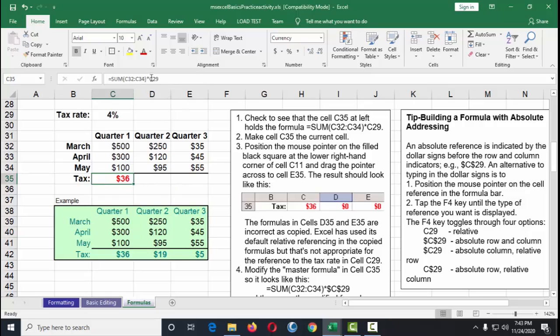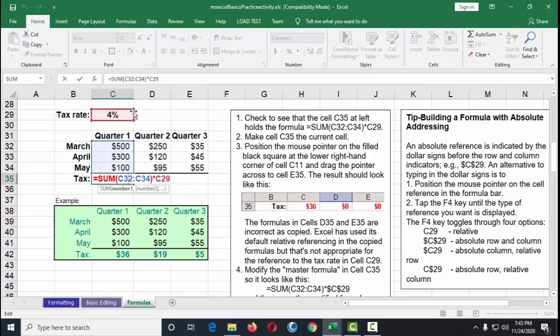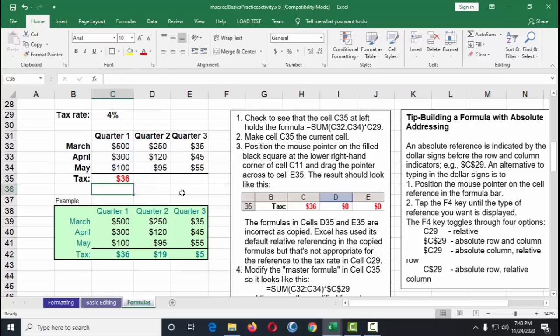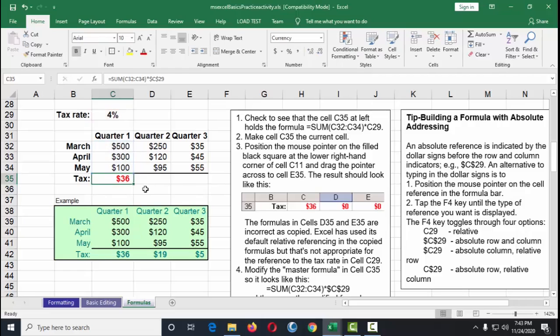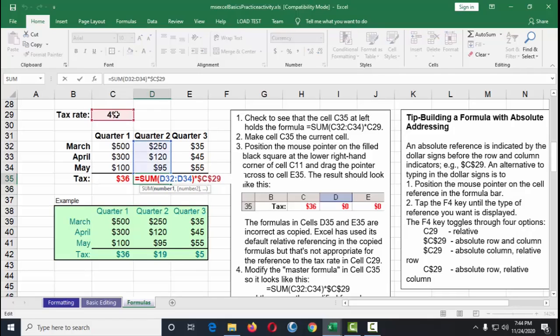And then, again, what did I tell you? What did I just say? We put a dollar sign because this is what's affecting the C29. So put a dollar sign before the letter and before the number and press enter. So we still have the same value, but if we pull it, or we use the fill box, there, okay? So what happened was, there, it stayed the anchor.